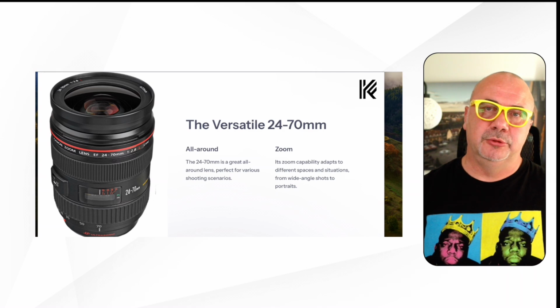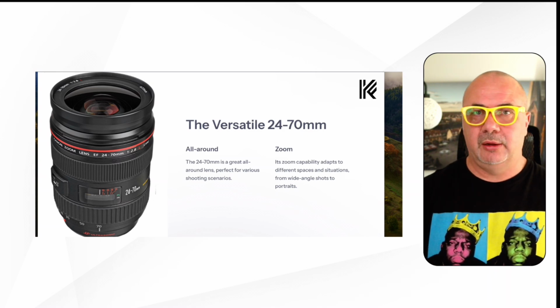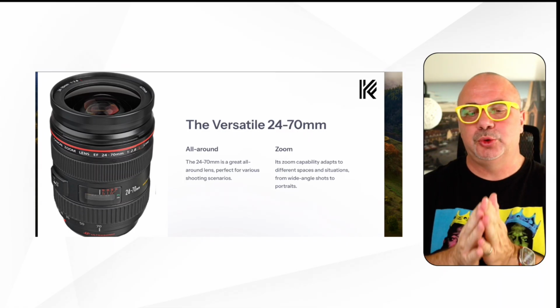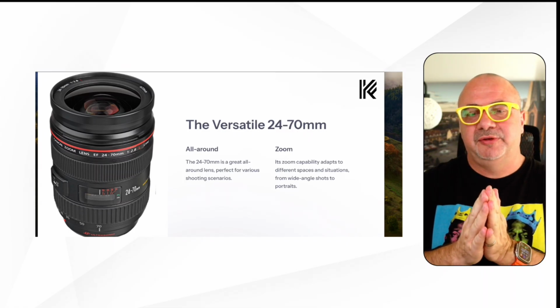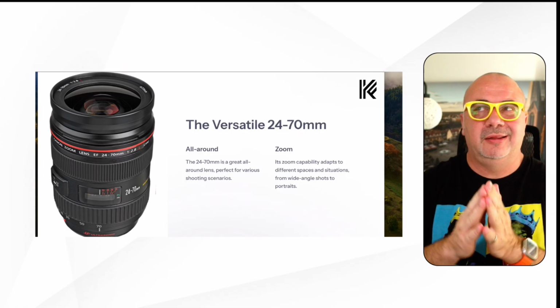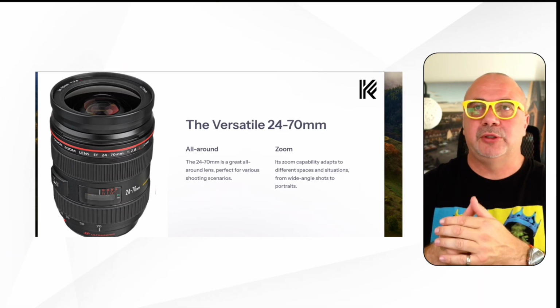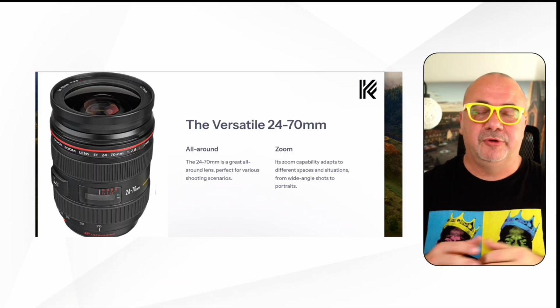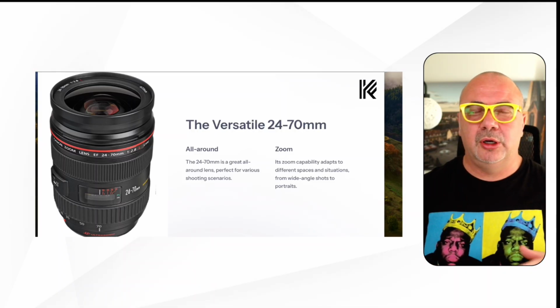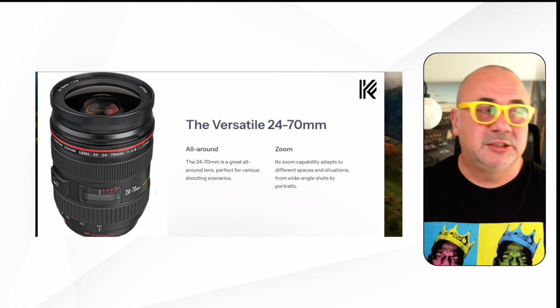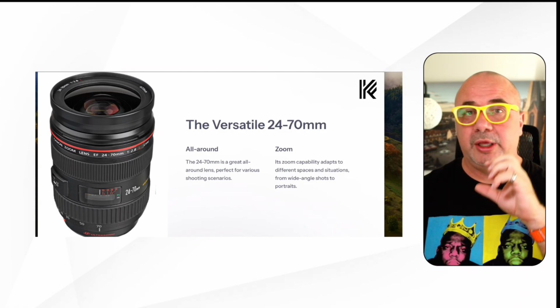Because I will assume that most of you that are starting are going to cover a wider spectrum. So you're not going to focus on just one thing. Most photographers, when they're starting, when they get different opportunities, and also not only opportunities to make money, but also opportunities to practice different genres of photography, you're going to be more flexible in terms of your focal lengths. And this lens is perfect for this, because you can zoom in, you can zoom out,